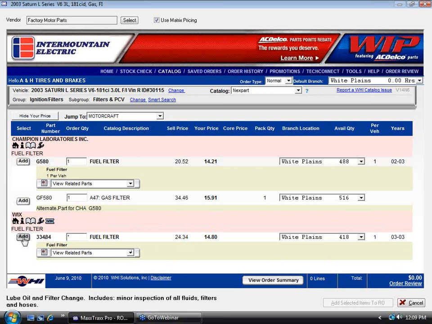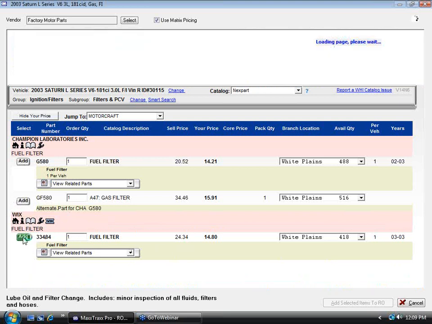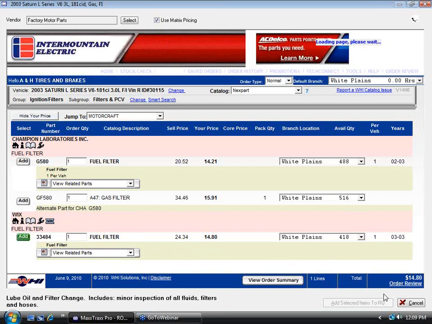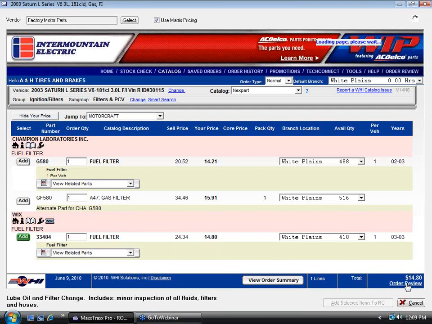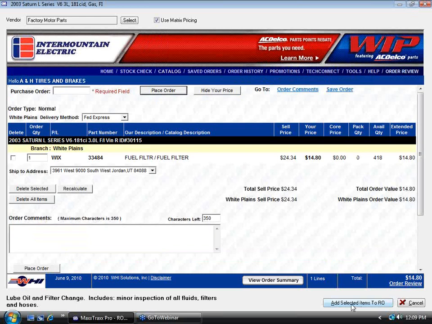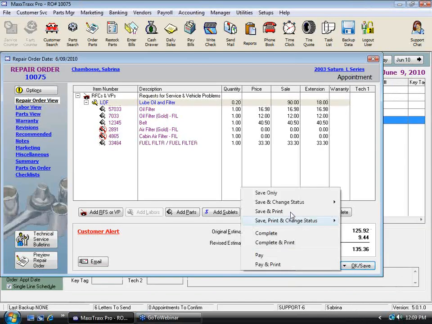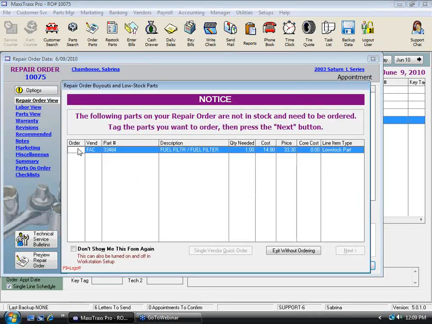So I'll click add fuel filter, and now I hit order review, because see, this is grayed out, guys. You got to go in this order. Order review, and then this lights up. Add selected items to RO. Oh, and by the way, I can put comments in here. Get it here fast, customer waiting, by the way. So add selected items to RO. So now, check this out. When I hit save only, and I order this,